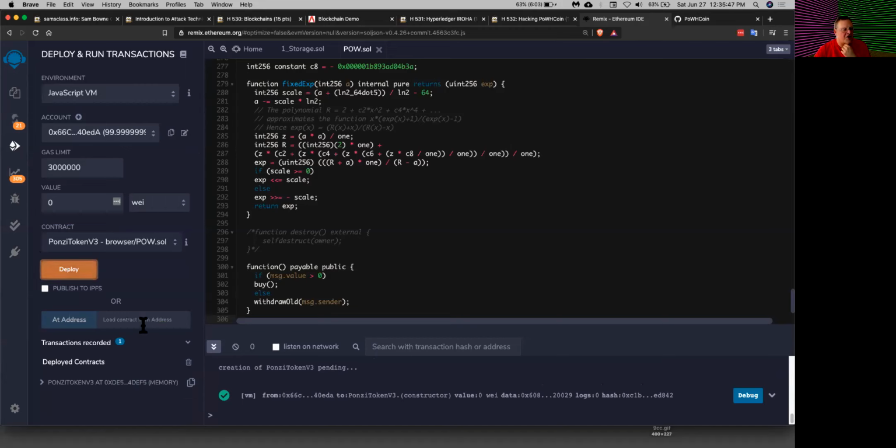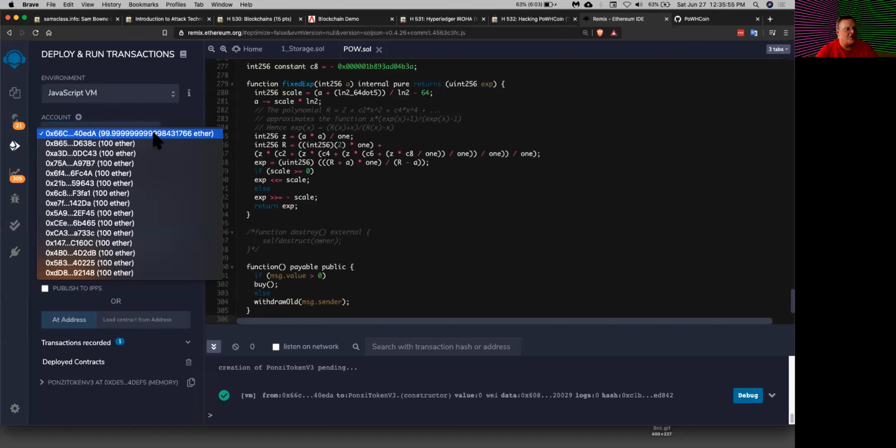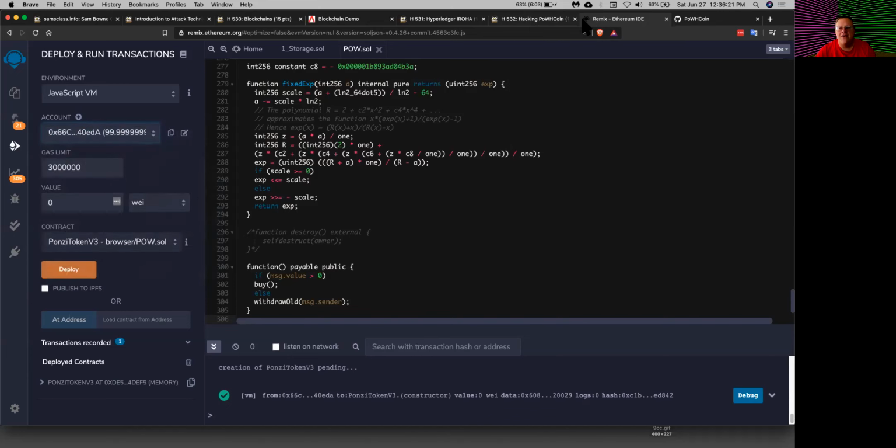So now it has gone onto the blockchain, and I'm using a simulated JavaScript blockchain, so you can see here the accounts. There are 10 or 15 accounts created with these random account numbers, and they each have 100 Ether, which is an amount of money. And this first account has a little bit less than 100 ether because everything you do on the blockchain costs money. They call that gas. And this tiny fraction of an ether that I spent is the gas I paid to deploy the contract. And by default, it assumed I was paying from the first account. So I've now deployed it out so it can be used by other people.